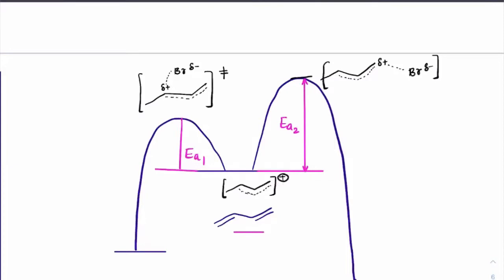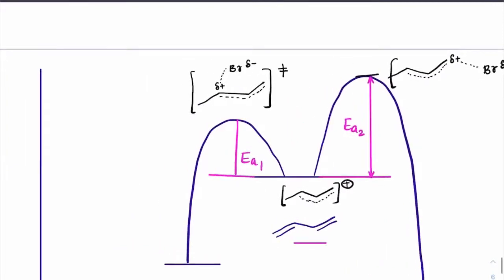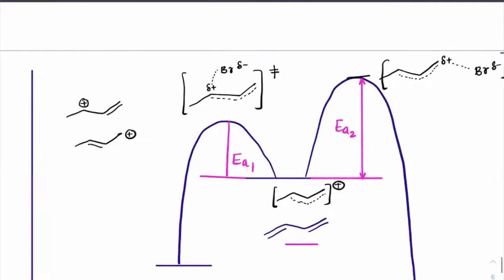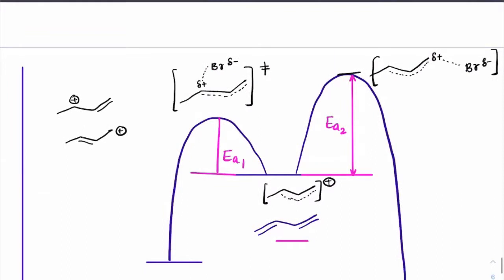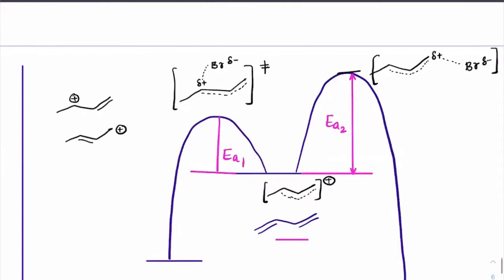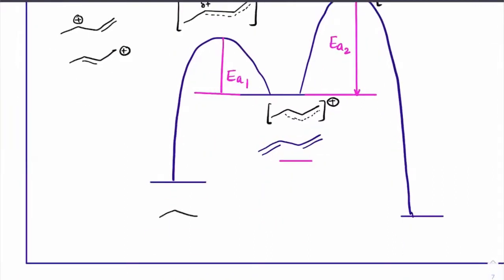So in short, we have two carbocations forming here, one carbocation was this one and the other carbocation is this one. Which is the more stable carbocation? The first one, right everybody? This is the most stable carbocation. Since this is the most stable carbocation, the activation energy for that would be less, while the activation energy for the second would be more. So when the Br approaches here, it requires less energy for Br to approach, and then the product formation is observed. The product that you'll get is Br with the double bond here.